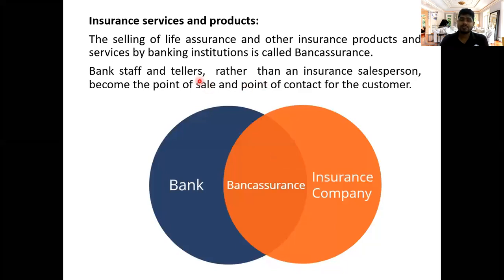The bank staff, tellers and cashiers, rather than insurance salespersons, become the point of sale and the point of contact for the customers. On behalf of the insurance company, the bank staff will promote insurance policies of a particular insurance company,